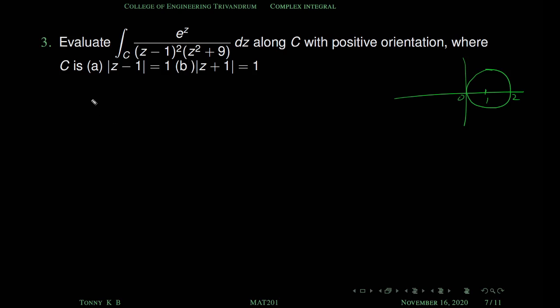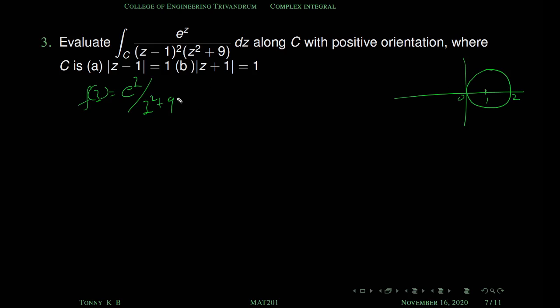Or what is f of z, അത് പറഞ്ഞാലും മതി, അത് ഐഡന്റിഫൈ. Sir, f of z is e raised to z by z square plus 9. Yes, that's all. അതാണ് ഇവിടെ ഐഡന്റിഫൈ ചെയ്യേണ്ട മെയിൻ പോയിന്റ്. Okay, here f of z is e raised to z by z square plus 9, because this function is analytic